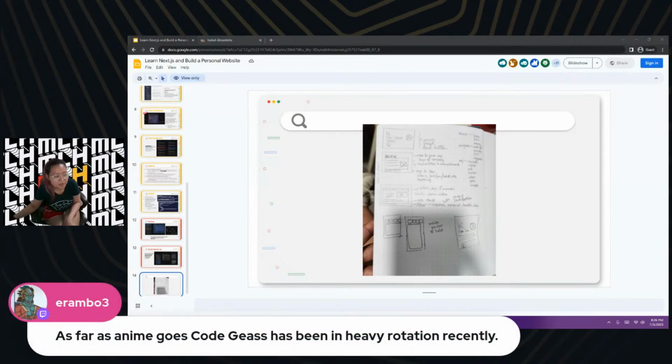Code Geass is in heavy rotation. I love that. I did not realize, I mean, I did realize how old I was, but it doesn't quite hit me as much as realizing that Code Geass is almost 15 years old. It's old, but it's a really cool one for me because it got me into mecha, those giant mecha things. I don't think anyone else has pulled it off as well than Code Geass, or I guess Evangelion, but that one's a little too old for me.